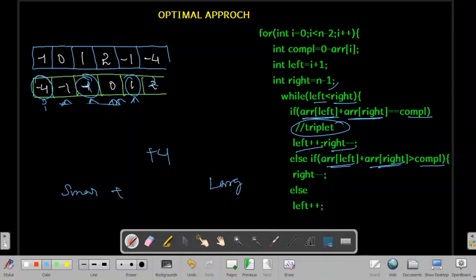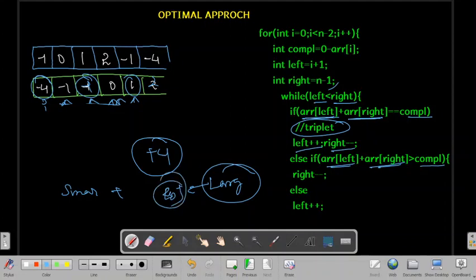So if I'm adding both numbers and I'm getting a greater value, it means that this larger number is greater, right? So I have to just decrease. So I will do right minus 1, I'll just decrease, right minus 1. So for that I am just doing right minus 1.